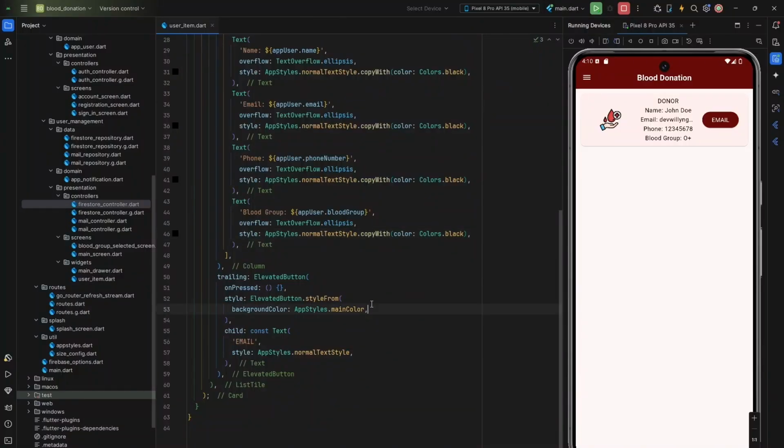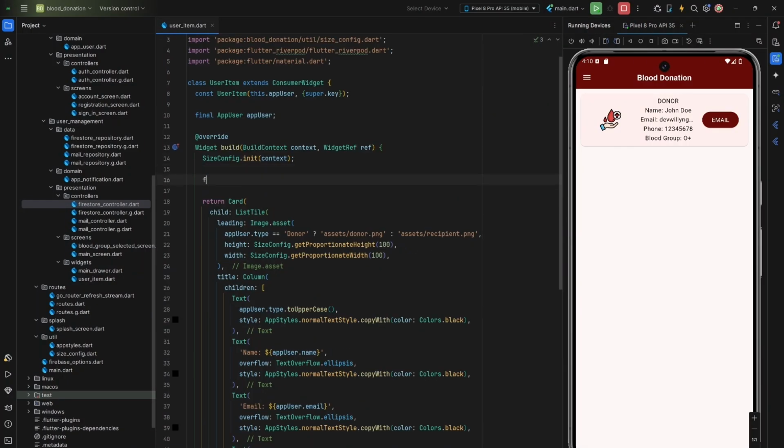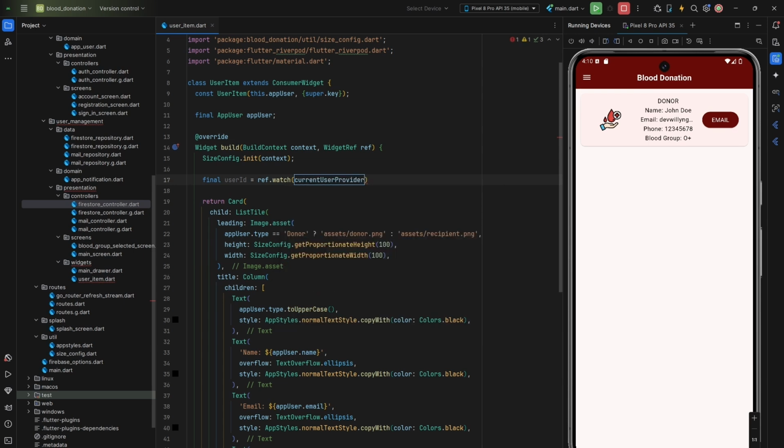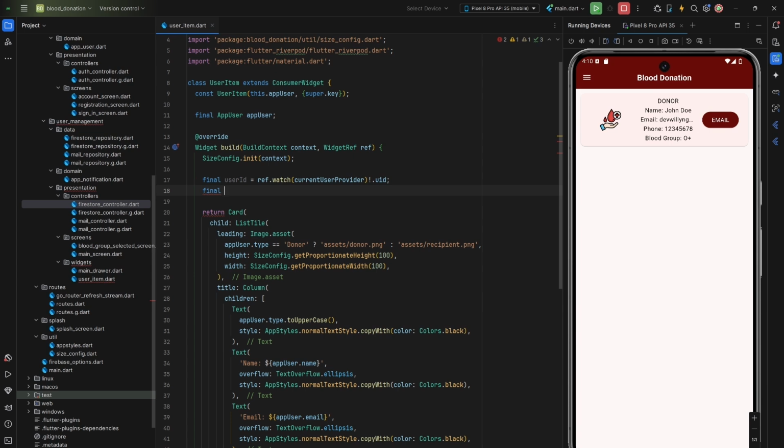So now finally we can come to the user item. Inside this build method, I want to load the user ID, so the current user ID equals ref.watch current user provider .uid, like that. Now we get the data of the user. So user data async equals ref.watch load user information provider